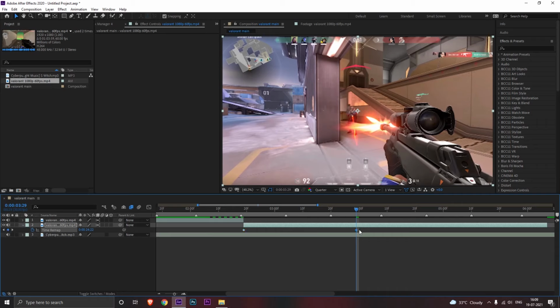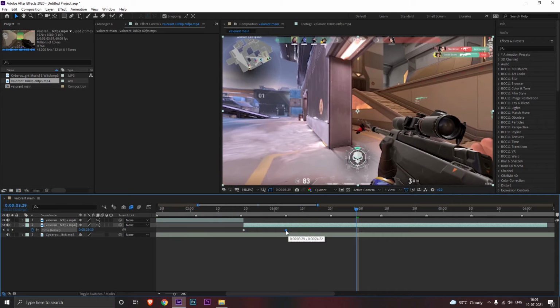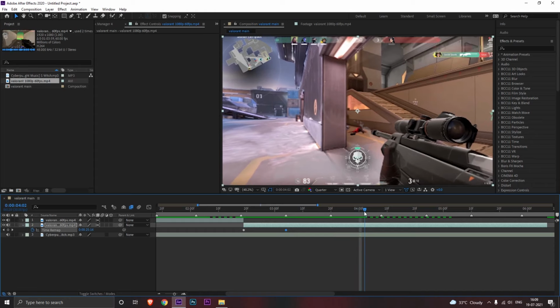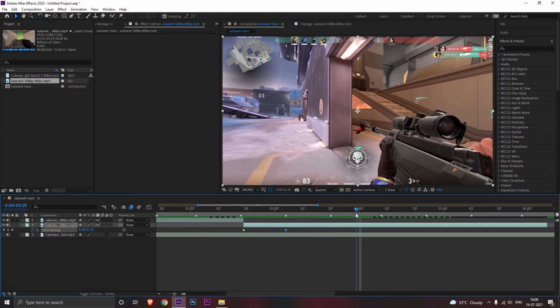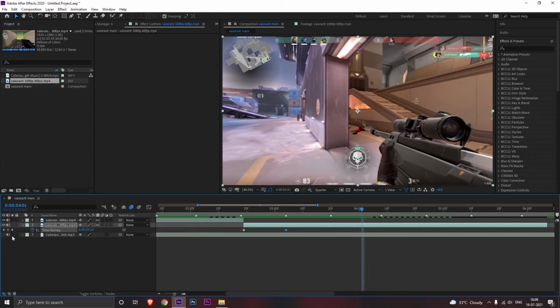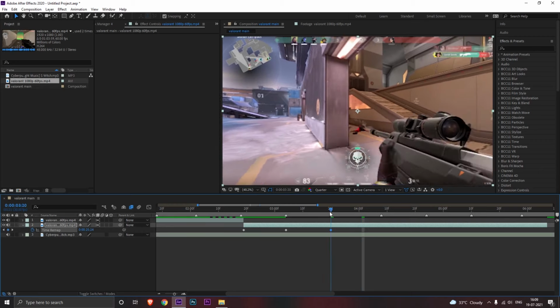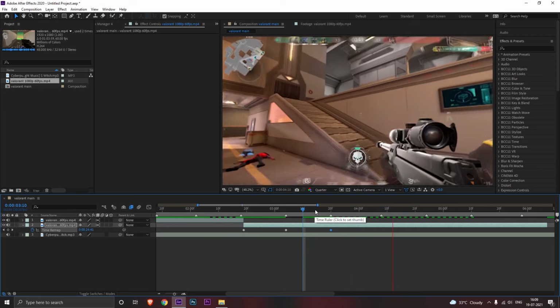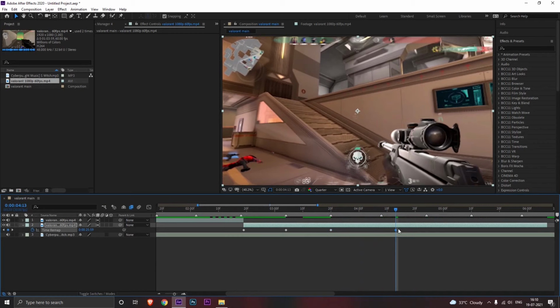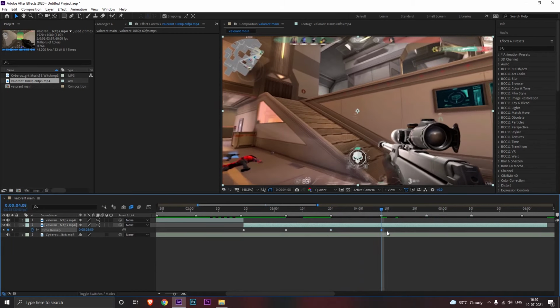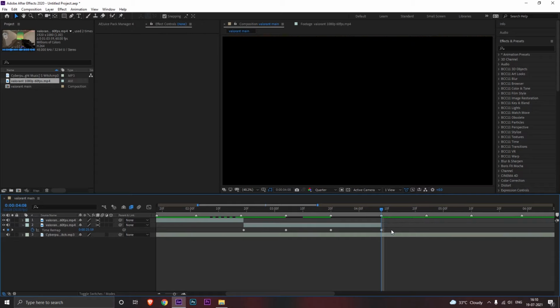Now move the keyframe to the first mark, and in the second mark he is going to reload his gun, so find where he is reloading the gun and add a keyframe. Now move this keyframe to the second mark. In the next mark the video will end. So we have added all the 4 keyframes. Now delete the extra part of the video and select all these keyframes and press F9.